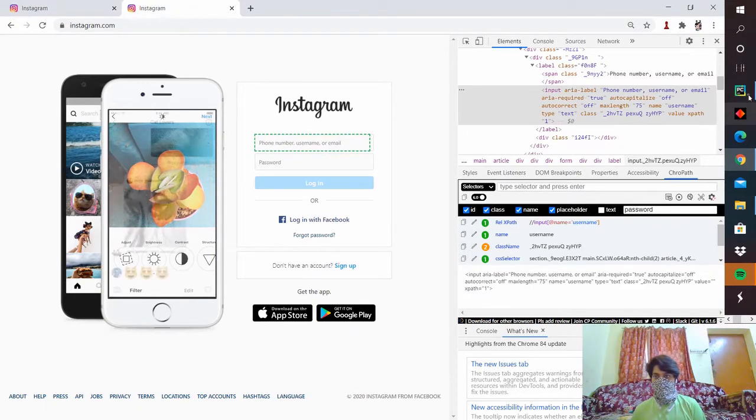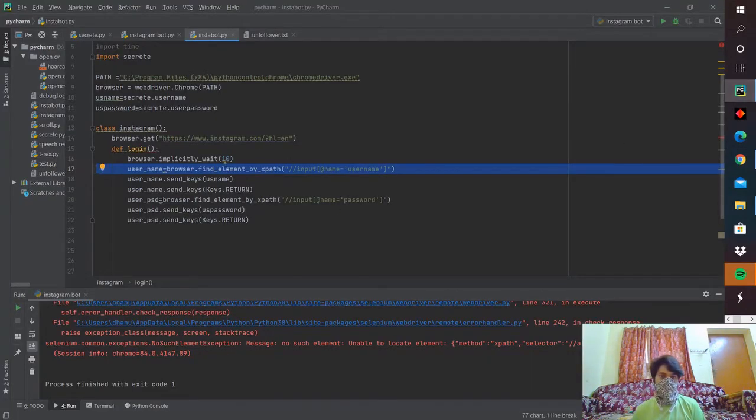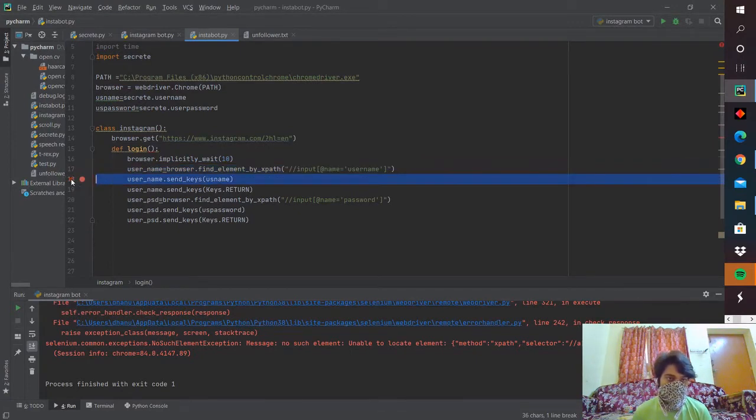So the next step is we need to feed our username into that text box. The 18th line actually helps you with that. username.send_keys(uname). So uname already has the value of the username in the file secret. So with send keys, we have found that username text box, and to that text box, the content in uname has been fed.